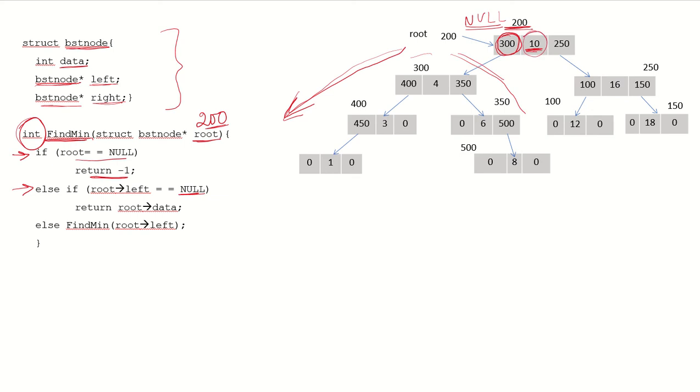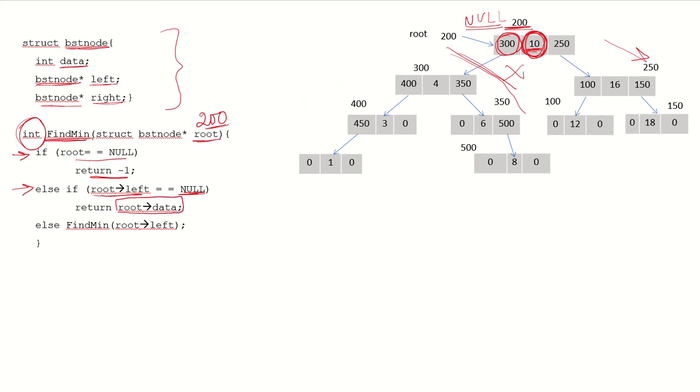In that case, the data at the root would be the minimum of the values in the tree, because the right subtree is going to have values which are greater than the root data. So if there is no left subtree, the data at the root is going to be the minimum value. So in case root arrow left is null, we will simply return root arrow data.